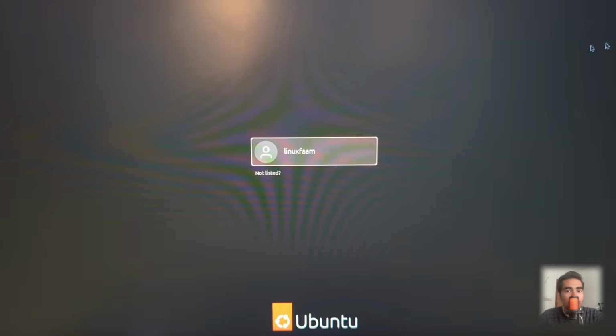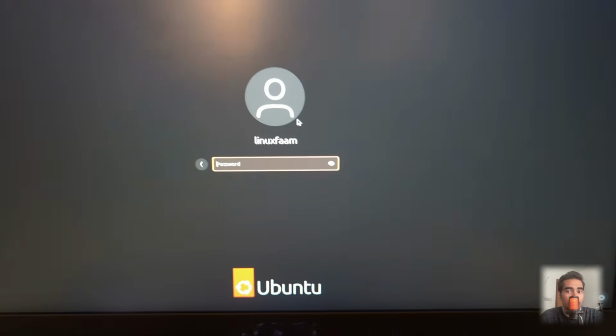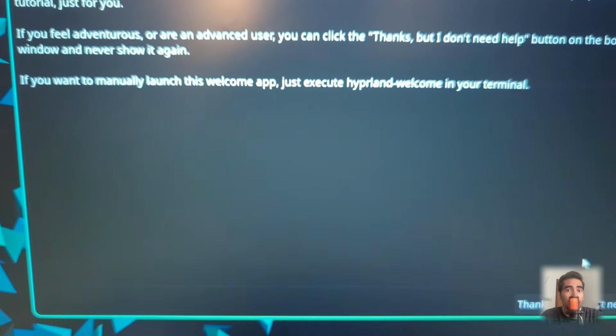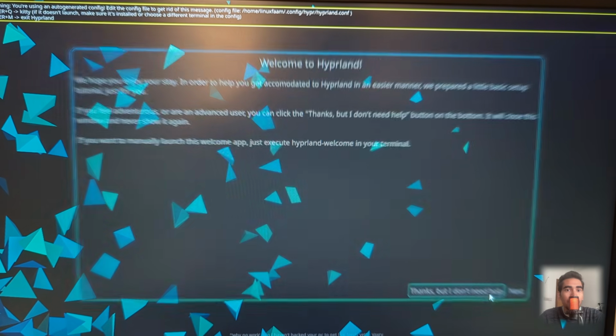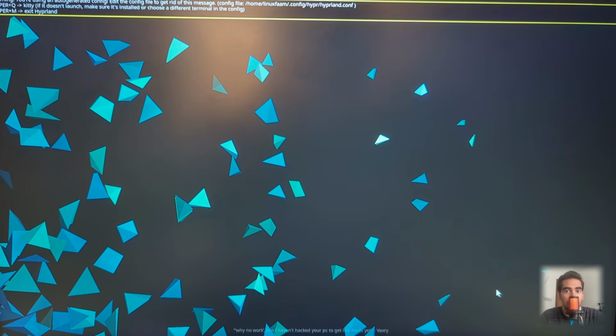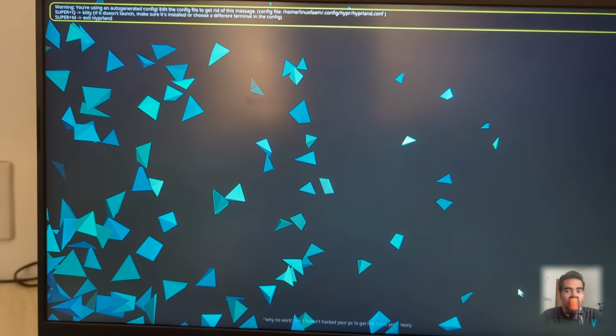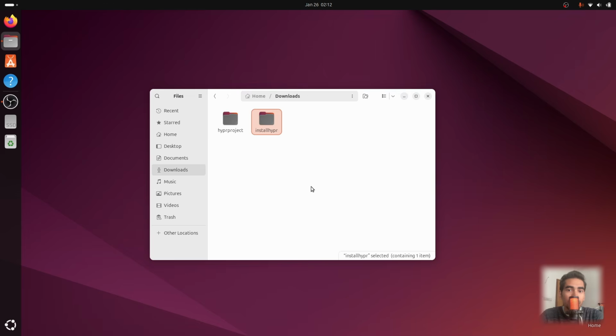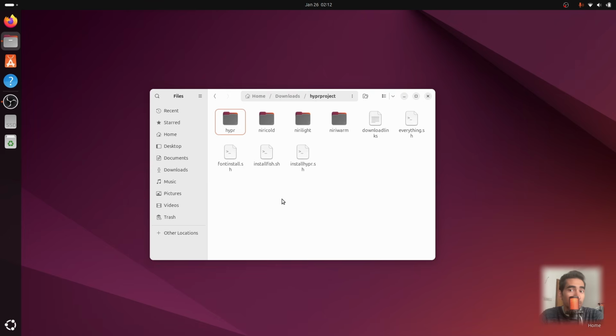But if you restart now and go to your login screen and select Hyprland by clicking on the gear icon and then type your password, it will take you to Hyprland. But as you can see, this is the default Hyprland setup. So we have successfully installed Hyprland, but we're not going to restart now because I am going to apply the config file that I have prepared for you guys. So for that, go to Hyprproject, which is the other project file